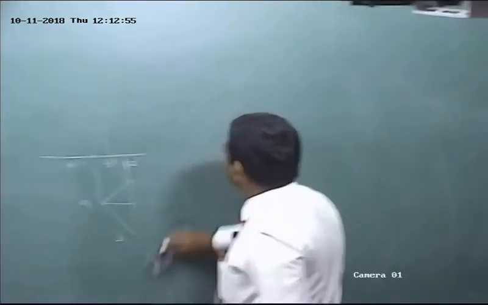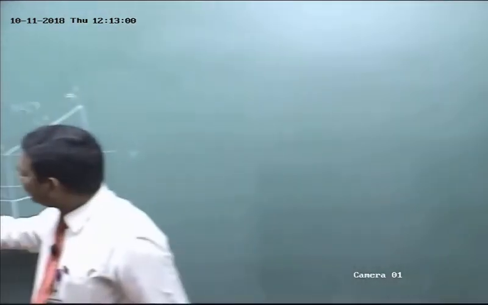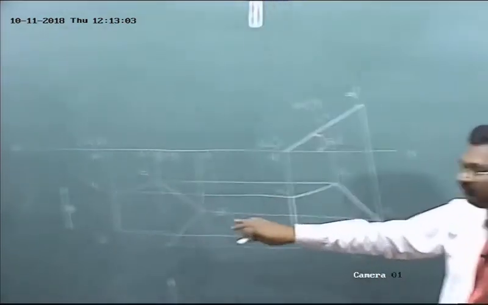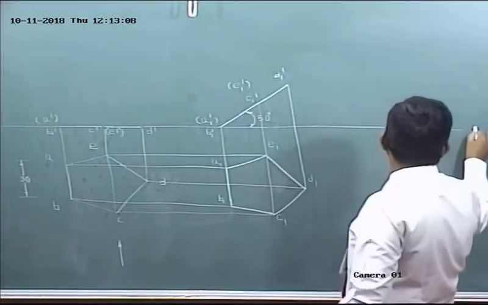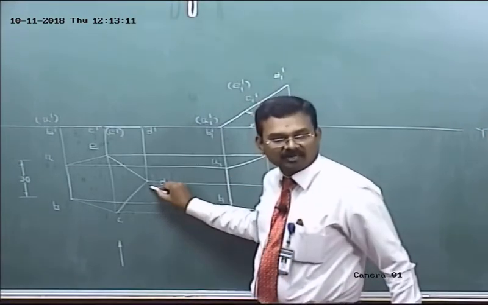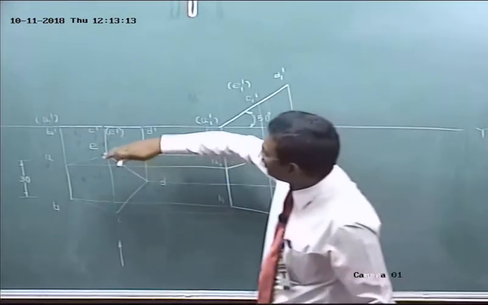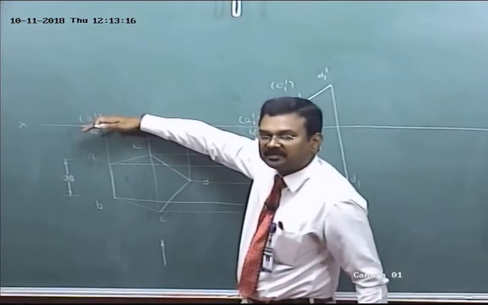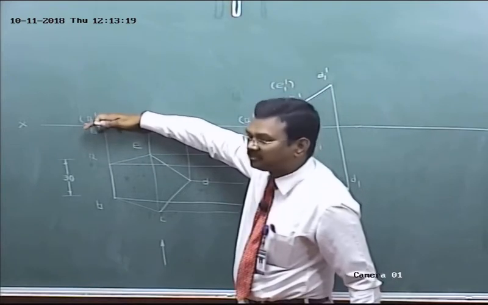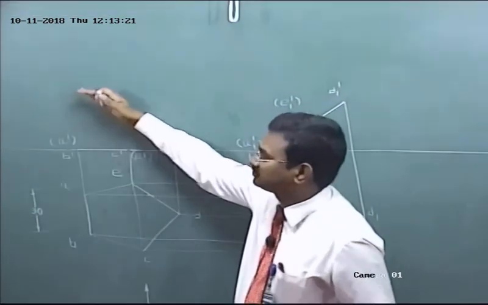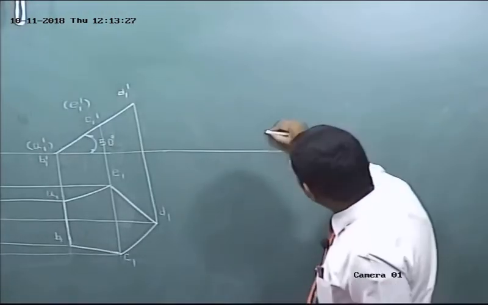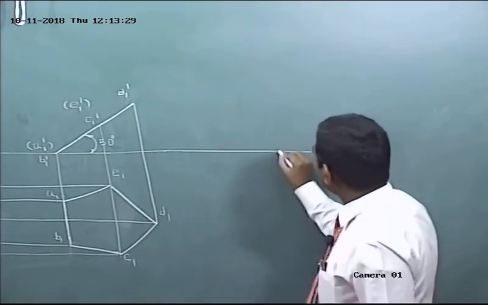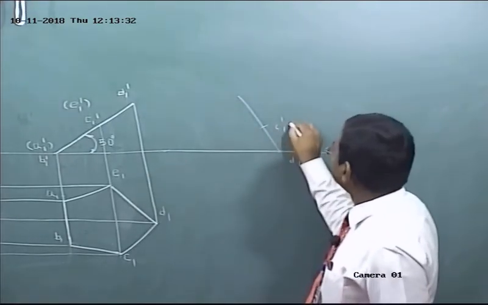Otherwise, one more simple step. Listen here. The first step, top view and front view, is over, so we can modify the second step front view and top view. How to modify it? Listen. D is one corner. So tilt and reproduce the first step front view in this direction. First mark D1 dash on XY. Then mark the angle 50 degrees. Draw a line. Then you have to obtain C1 dash, E1 dash.